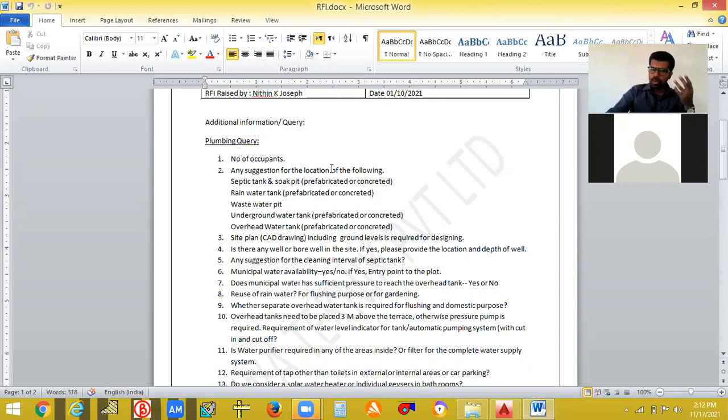Because if we need to design a septic tank or an underground tank or overhead tank like that, we need the capacity, the number of occupants living in that particular project or application. Correct. So initially we'll be asking some questions to them, and they have to revert back, or give the answers related to the questions that we have asked. Then we make sure that we have found all the doubts and queries related to our topic, and when we get the answers, according to that we will be starting our project.